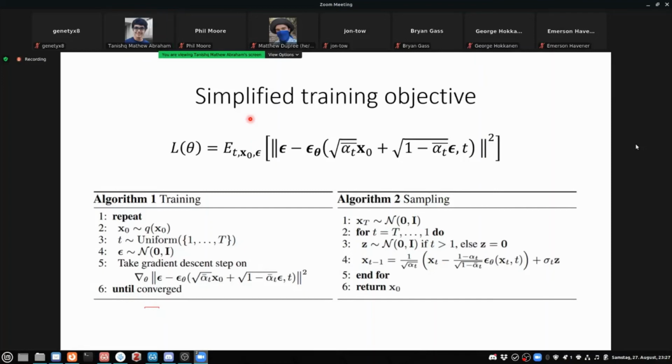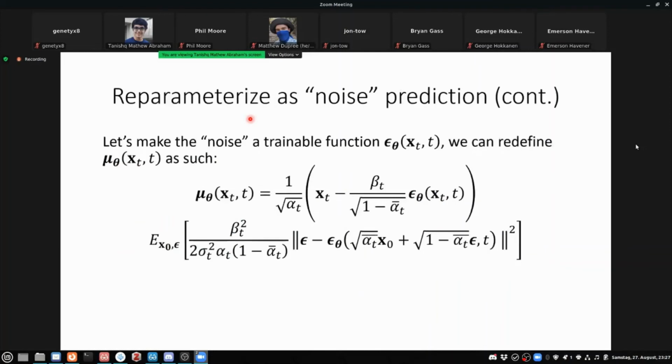L simple also uses a different relative weighting of time steps, and I think that is also important. The DDPM paper does not talk about it much, except to say they got better results without it. Later papers went into this, such as variational diffusion models, and the Karras et al. paper, Elucidating the Design Space of Diffusion Models.